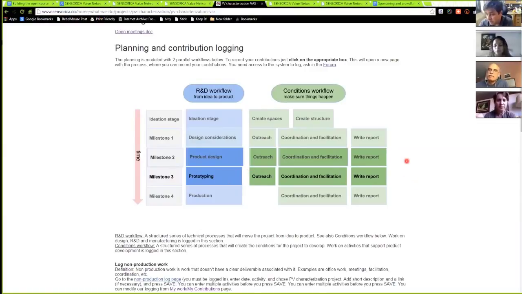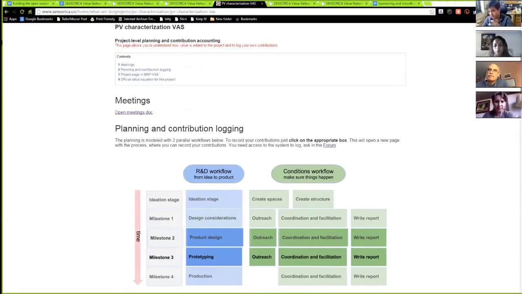So yes, this is a different website. We separated the content from the value accounting and the planning, just because it's very, very complex to have a system that does everything at once. And so we thought that the NRP and value accounting system should be a slim tool that only manages contributions and builds relationships between agents, resources that they use, economic activity, which is very, very complex in itself. And then